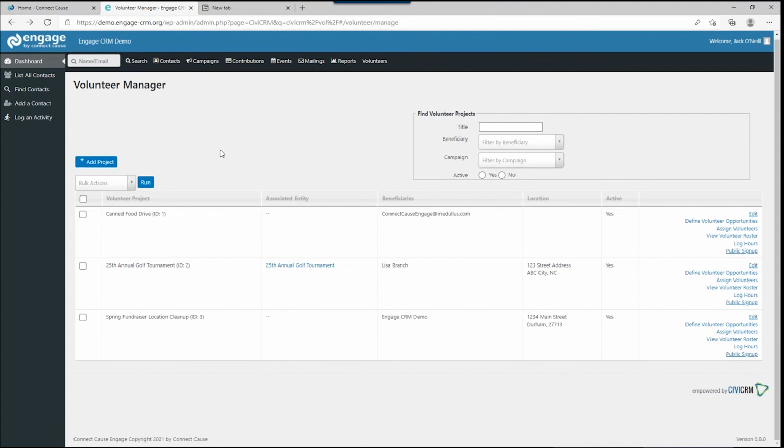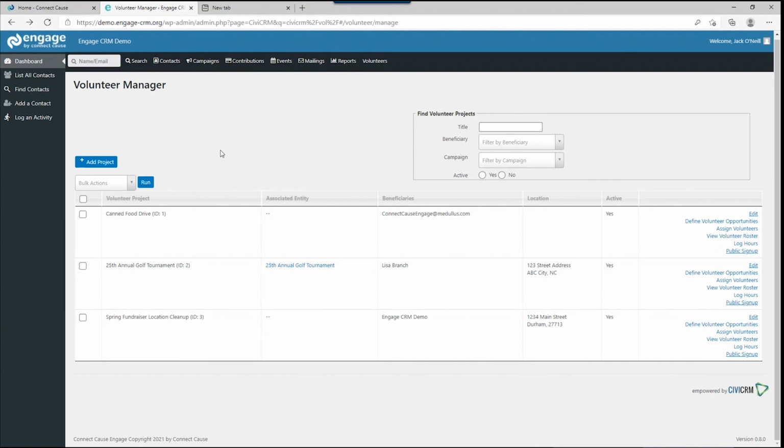As we can see, volunteer management is certainly very powerful in Engage. And there's, as I mentioned earlier, a couple of different ways we can do it. We can go from the very simple to the full tracking of hours like we just looked at here. Now, to kind of close up, I wanted to go over how we see the data that's in the system,